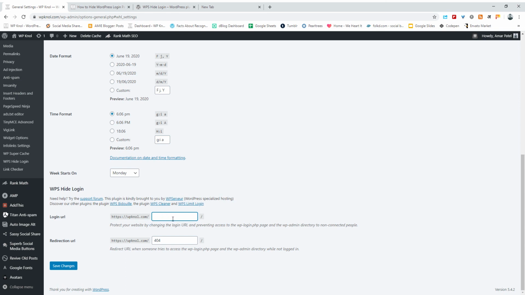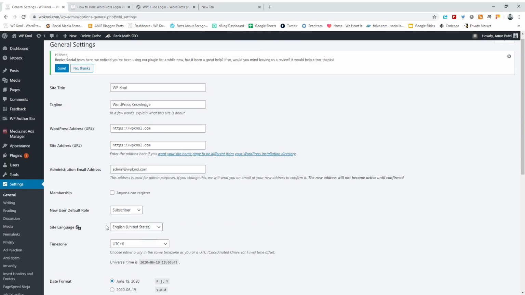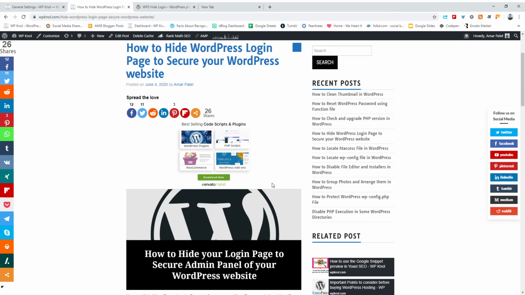If you hide your login page, it will be very difficult for a hacker to log into your website. So this is a very awesome plugin. You must use it to secure your website, and this is all about how to hide your login page